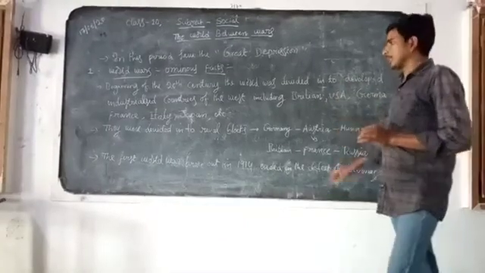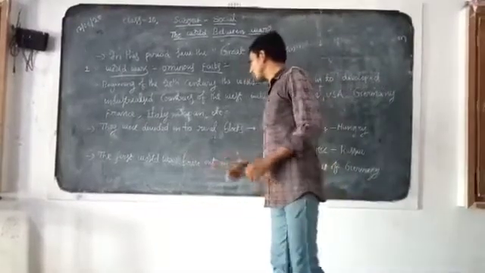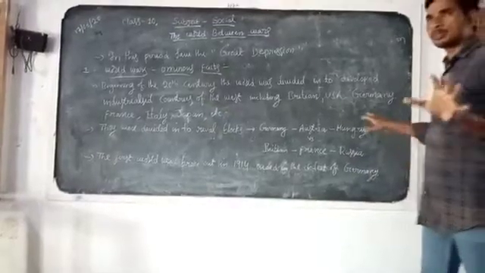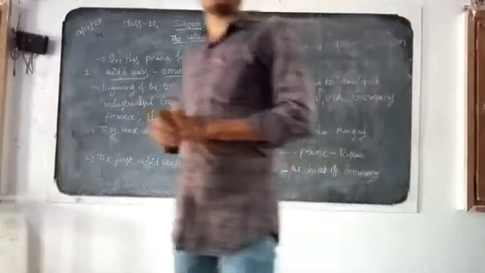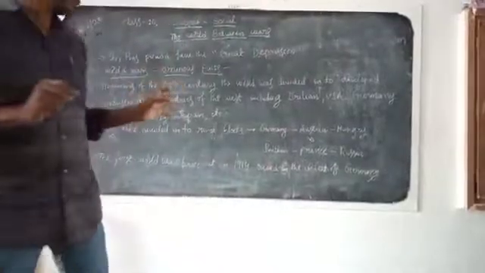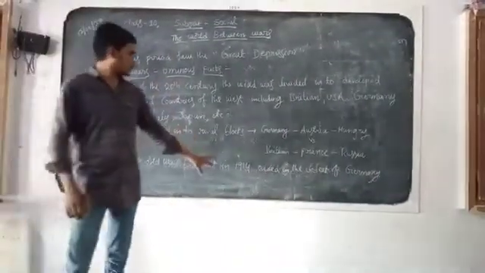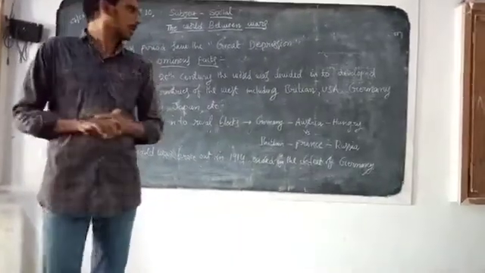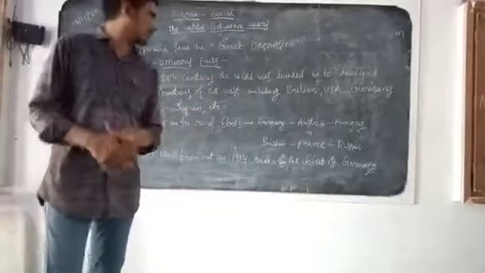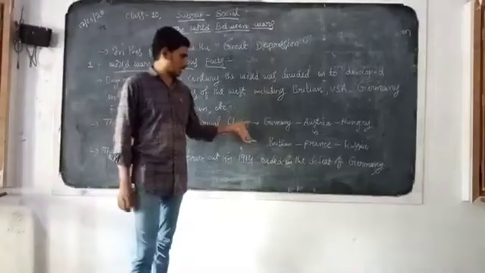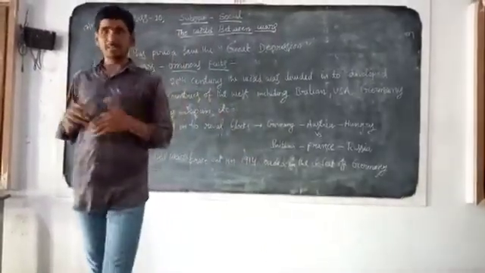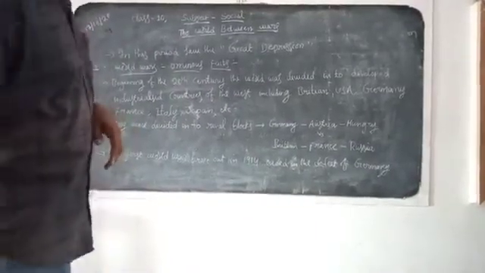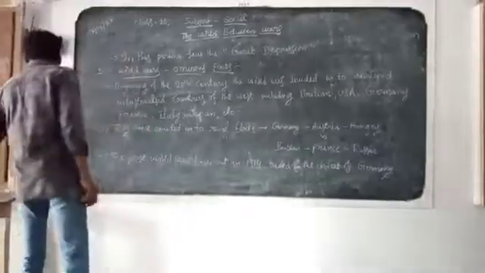Another important point: the First World War broke out in 1914 and ended in the defeat of Germany in 1918. It began in 1914 and ended in 1918, between the two blocks, Germany, Austria and Hungary against Britain, France and Russia. There are also other main causes, which are most important, and we have to write about and discuss the main causes.